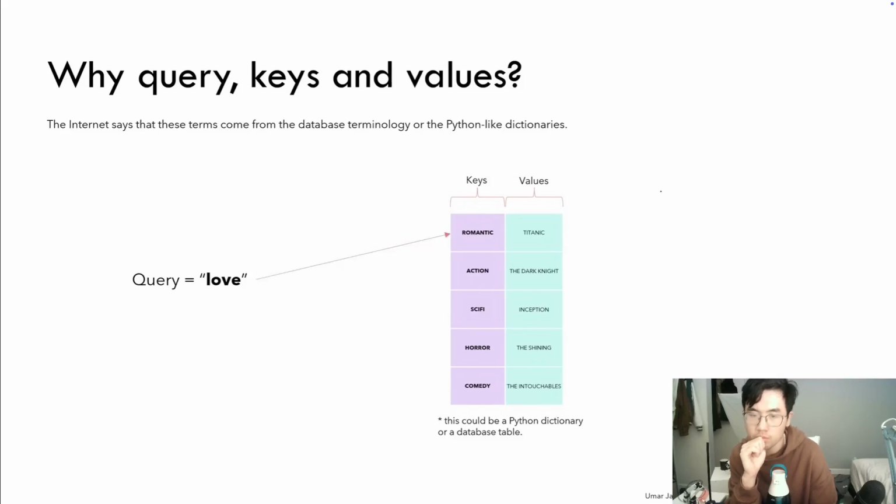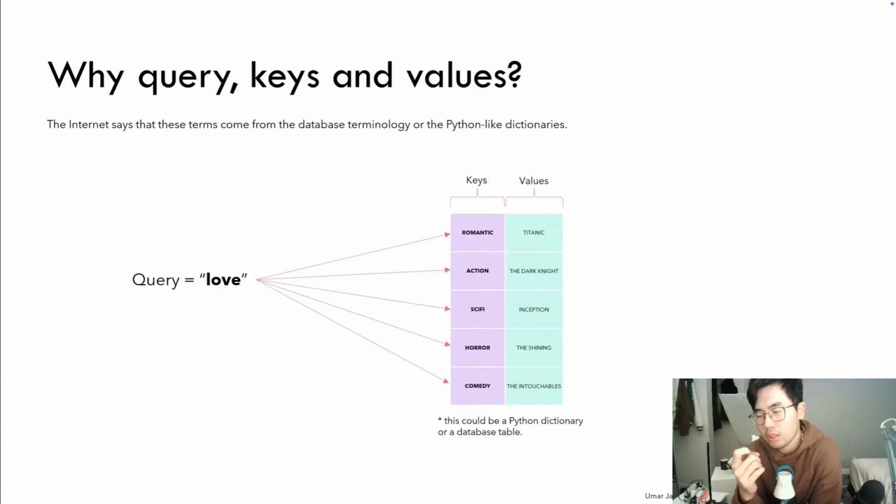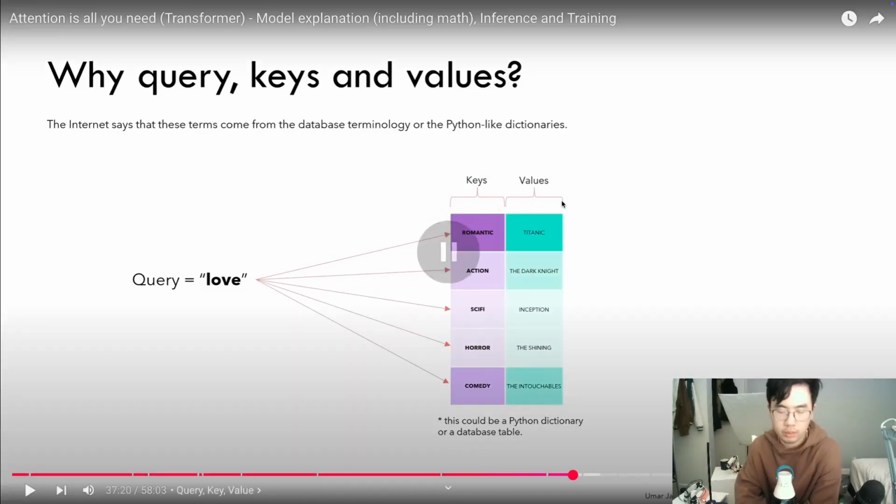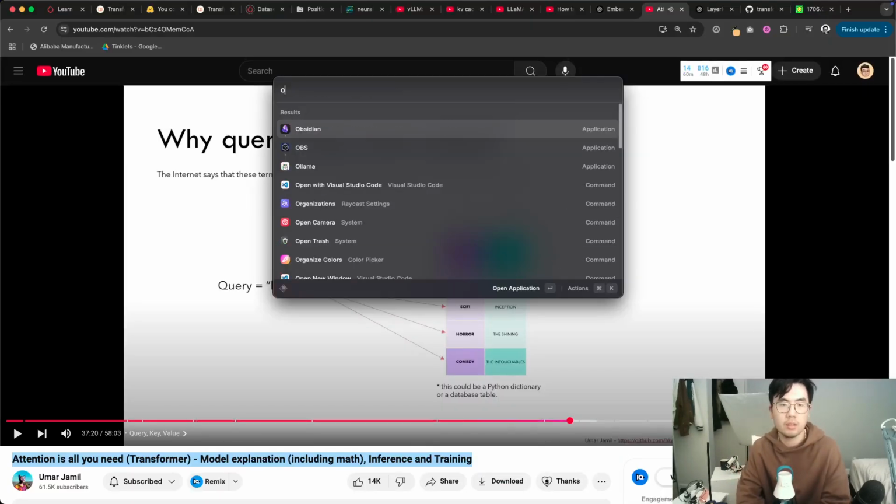As you remember, the formula is softmax of query multiplied by the transpose of the keys divided by the square root of the model dimension. So we have the query with all the keys. In this case, what do I contain? One by one. What am I looking for, what do I contain, and